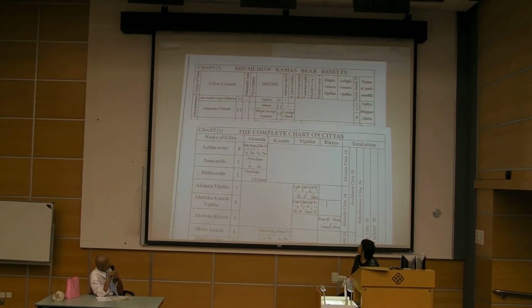Now we read from the chart here. So this time, this one. We say all the 12 akusala cetanas at pavati kala, at the time of existence, produce 11